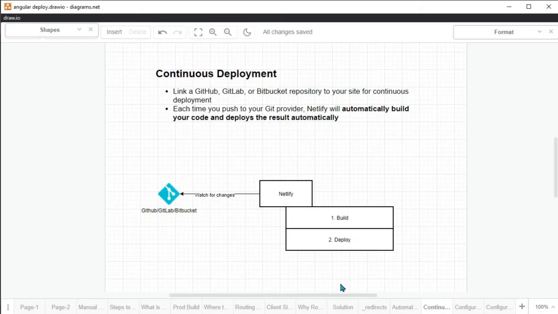So now I am going to show you one easiest way to deploy your project. That is, you can enable continuous deployment for your Netlify site. If you are working with any real-time project, obviously you will use Git to manage your source code version history. And then you will be using any of these services like GitHub, GitLab or Bitbucket to host your Git repository. So that is how you will maintain your real-time projects.